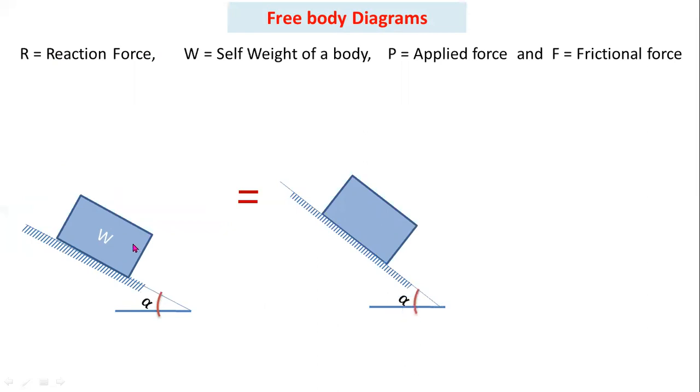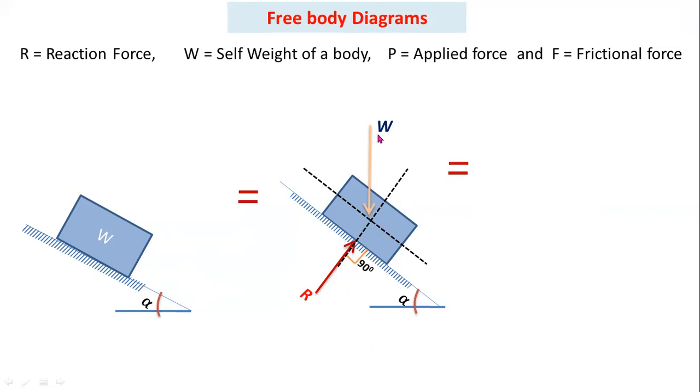First of all, you have to draw the free body diagram for this condition. Here W is the self weight. So already we know that self weight always acts vertically downwards like this. Here W equal to 500 newtons, and this is the normal reaction. This normal reaction always makes an angle of 90 degrees with respect to the support. Here the support is inclined. Okay, always normal reaction makes an angle of 90 degrees with respect to the support. This is the parallel reference line, this is the normal reference line. Normal to the plane, parallel to the plane. These two are the reference axes.